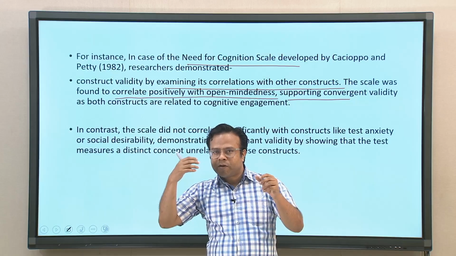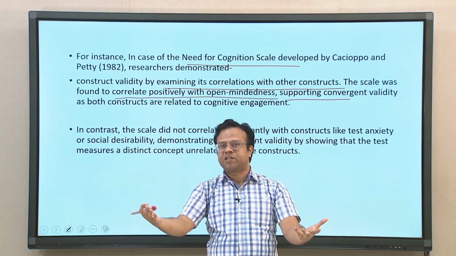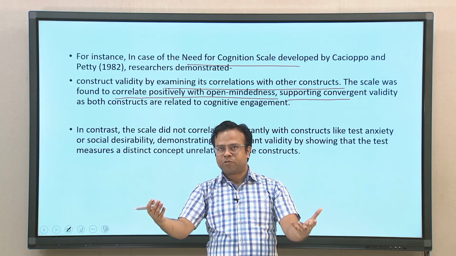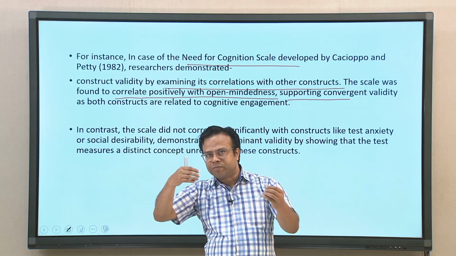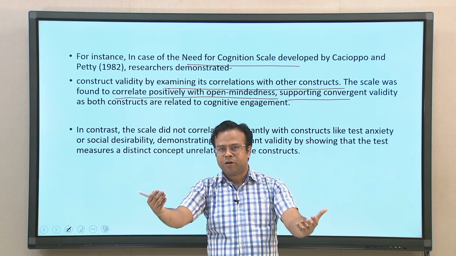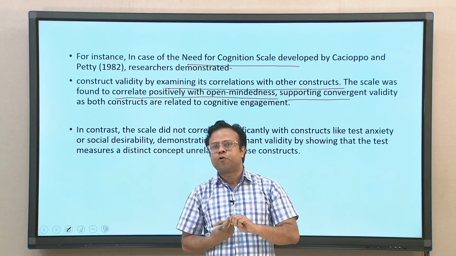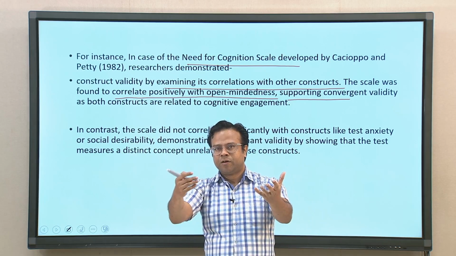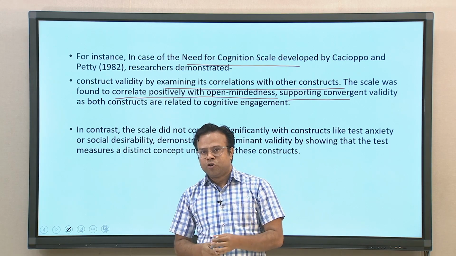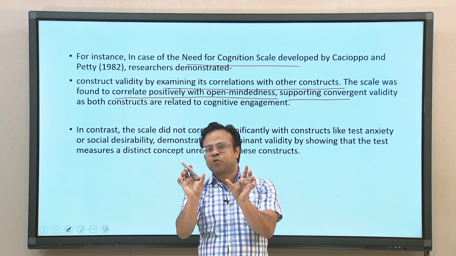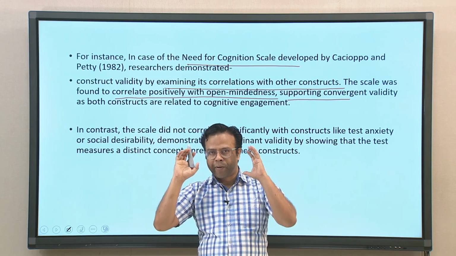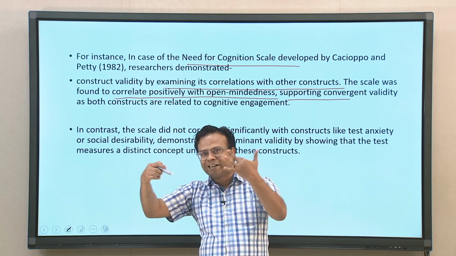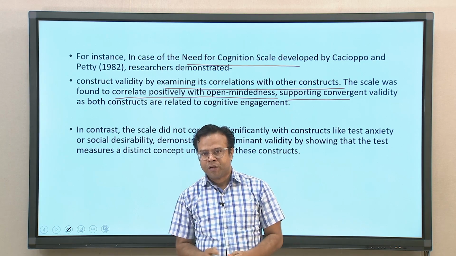So, the more you tend to think about diverse aspects of anything, the more there is a desire to think about different aspects of life. So, need for cognition means how much need you have to think about different things, effortful thinking and so on. Now, this concept is very similar to the concept of open-mindedness. The more open-minded you are, the more likely you are to think freely and effortfully.